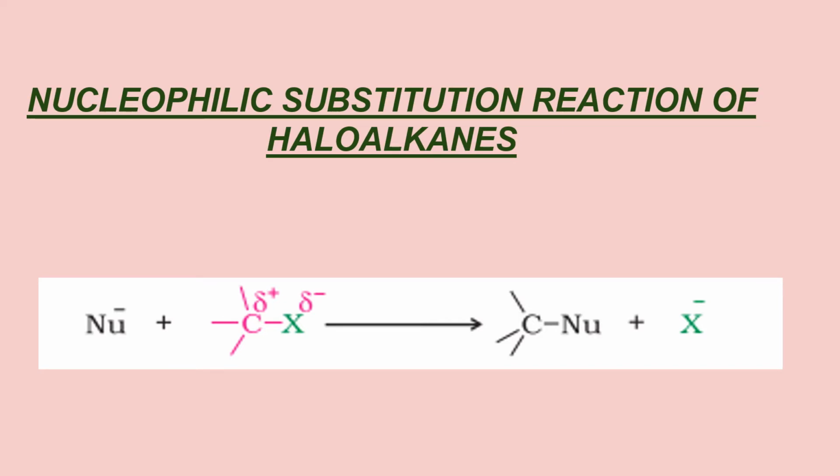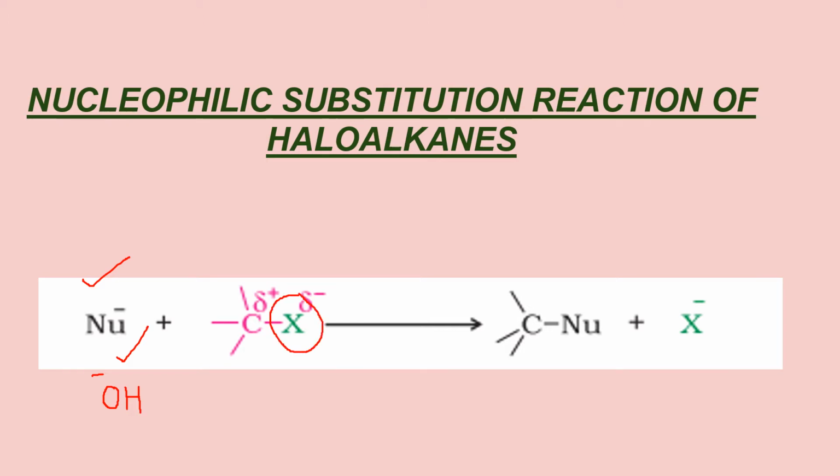Here we are taking an example in general where the nucleophile, the electron-rich species, may be, for example, a hydroxide, OH with a negative charge. Nucleophiles are not always negatively charged. They may be neutral also, but if they are electron rich, they have lone pairs in them, they are also termed as nucleophiles. In this particular example, we are taking a nucleophile which is negatively charged, and then we will see how it displaces this halide ion.